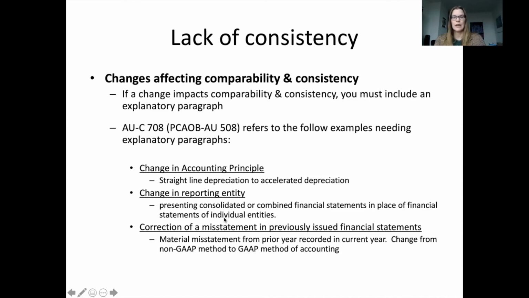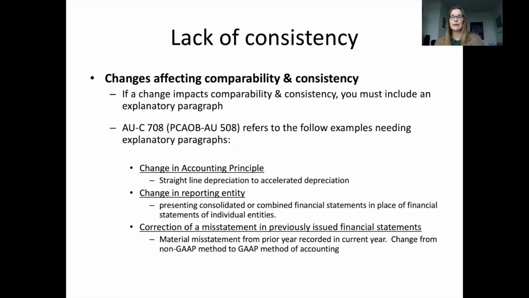It could also be a change in reporting entity, right? If one year you're unconsolidated, the next year you're presenting consolidated financial statements, obviously I'm not able to compare those two directly. Or it could be because there's a correction of a misstatement in prior year's financial statements.